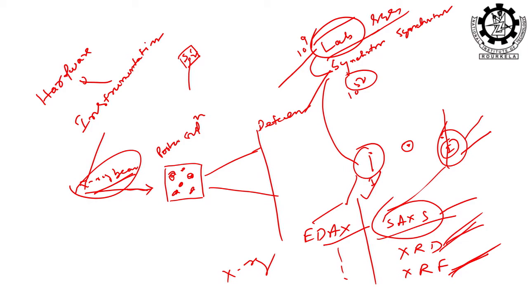So, when you get the time slot for doing an experiment with the synchrotron, you will have to get a prior appointment. When your time is there for the synchrotron facility, you will go to the respective beamline and start your experiment accordingly, and it is running throughout the day and night. People are working there throughout day and night. Because your time slot is fixed, you will go and do your experiment. Once it is over, you will have to leave.